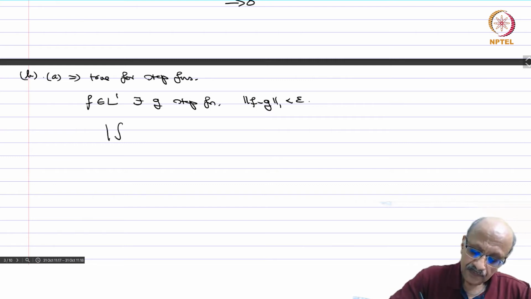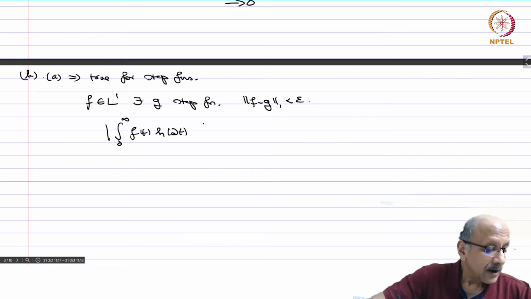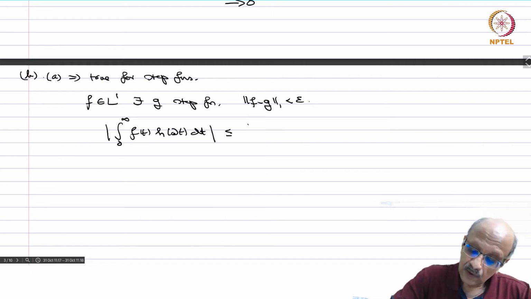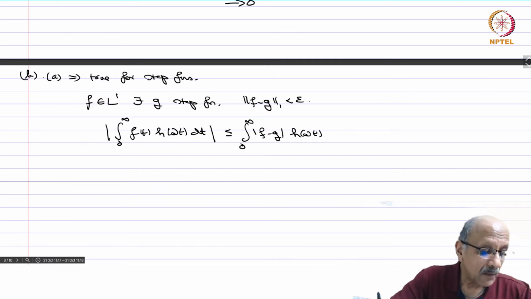So the modulus of the integral from 0 to infinity of f of t h of omega t dt is less than or equal to the integral from 0 to infinity of mod f minus g times h of omega t dt,